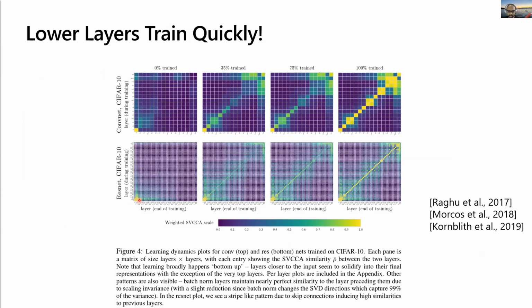So it's like a nonlinear correlation, not linear, between the distribution of activations of layers at the end of training versus, let's say, during training, right? This could be the midpoint of training. Actually, this is the initialization, this particular plot, and then 35%, 75%, 100% trained. You will see that early layers are very highly correlated with the layer activations at the end of training, which means that the early layers train very fast, like even a few epochs of training suffices to train the feature extractor, right?